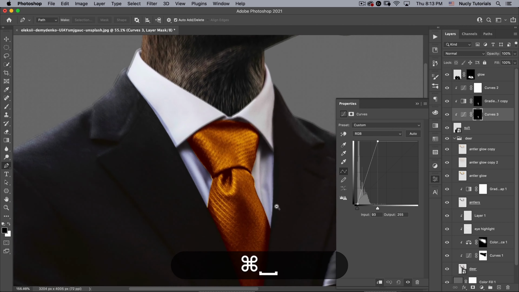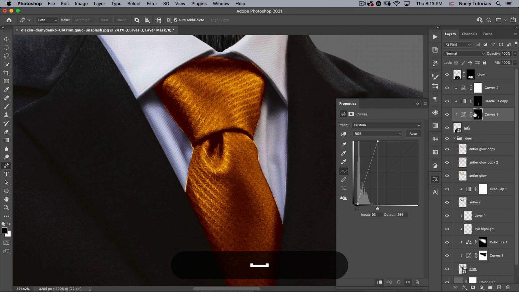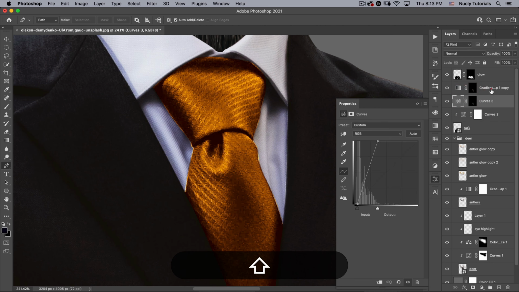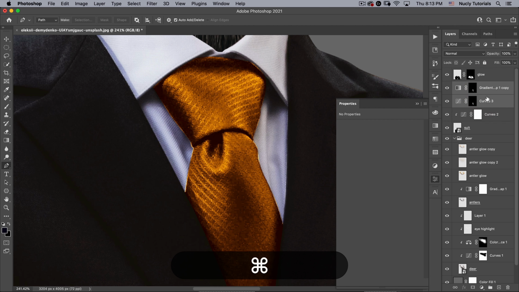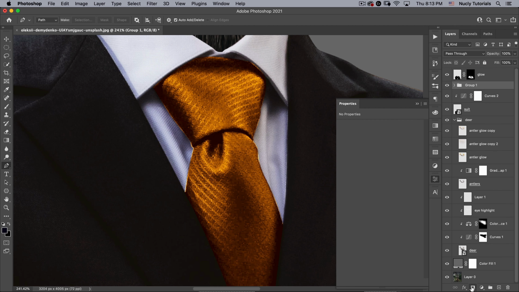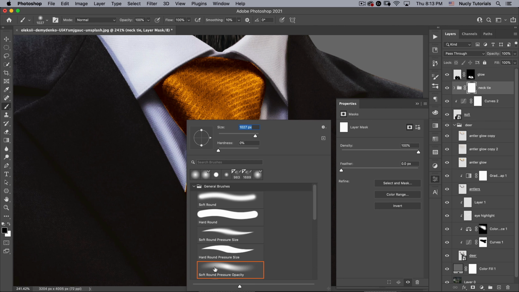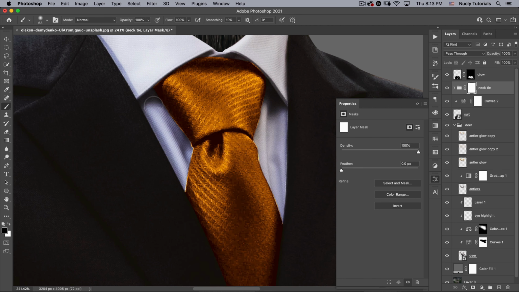And then to make this integrate better, not have this weird edge, I'm going to take both of these out of this layer stack. They already have a map, so I don't need them to be in there. I'm going to put them in a group, and then I can add a mask to that group. So we'll call this necktie, and then on the mask with a black brush, small, soft, I'm just going to go along the edge and paint out the effect right on the edge of the tie where it meets the shirt or meets the jacket.